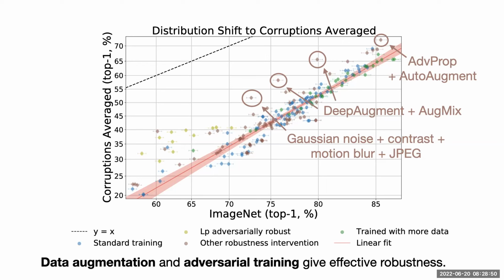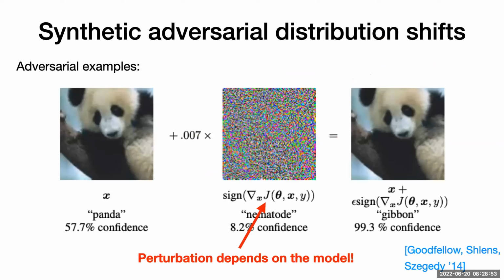Okay, good. And now let's go to the last part of our four quadrants. And this is synthetic distribution shifts that are explicitly adversarial. And this is good old adversarial examples, right? So it's clearly something we do to the images in a computer. We apply a small synthetic perturbation. And now this perturbation we apply depends explicitly on the model that we are going to evaluate. So the simplest thing you can do is just take a gradient of your loss function to change the logits. This is FGSM, the fast gradient sign method. People have seen this before, Aditi mentioned it, and then you can easily flip the label of a current classifier.